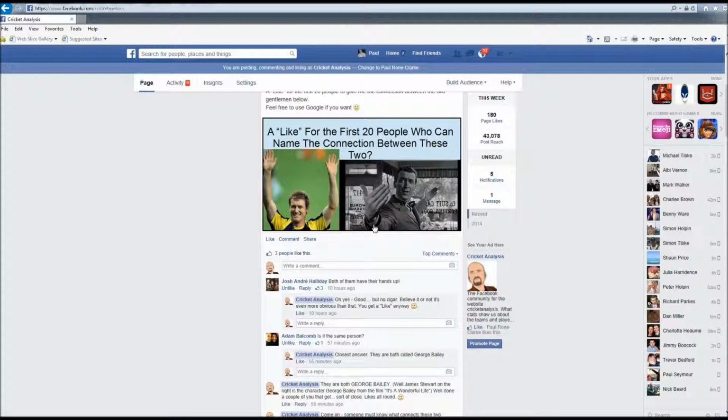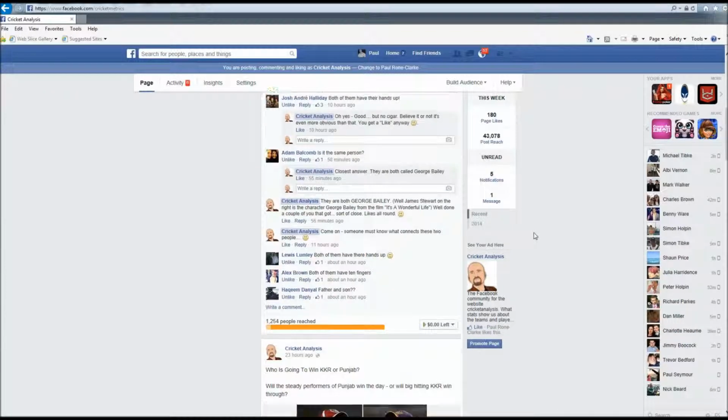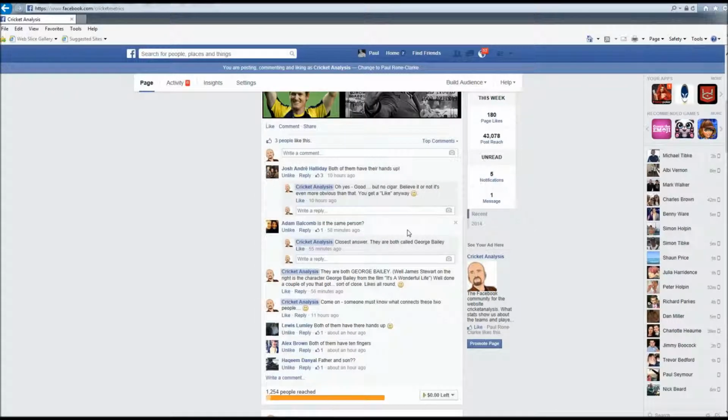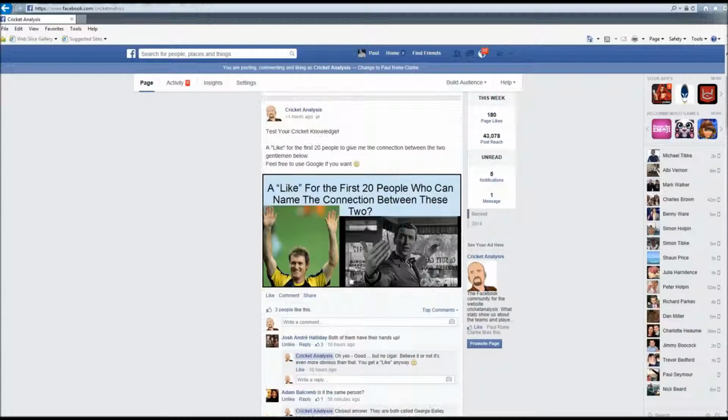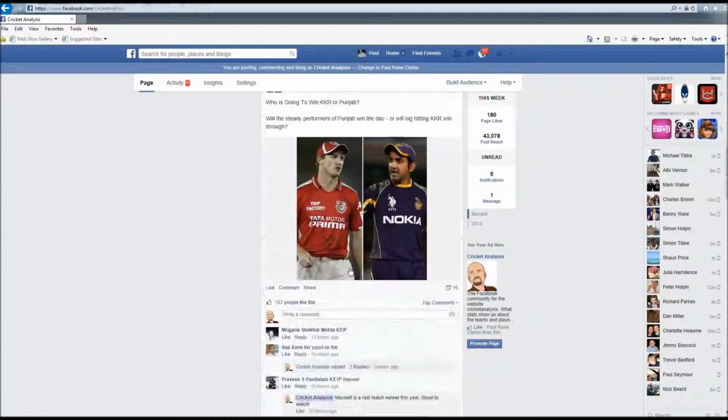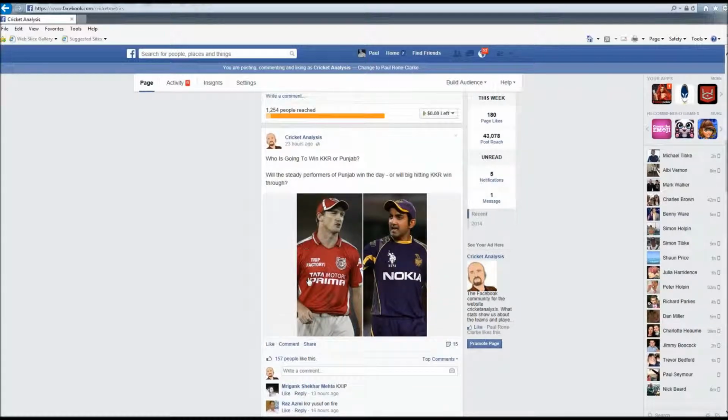The actual thing is, I'll give you a couple of seconds. No? You'd have to know cricket, and you'd have to know It's a Wonderful Life. That's George Bailey, the Australian T20 cricket captain. At least I still think he's captain of the T20 side. And that's George Bailey from Bailey's Building and Loan from the film It's a Wonderful Life. Obviously, it's James Stewart, really. Anyway, so that's what I did, and so I ended up spending $5, but I did this on a second advert, deliberately not aimed at the same thing. But that's an aside, really. This is the main one I did yesterday.